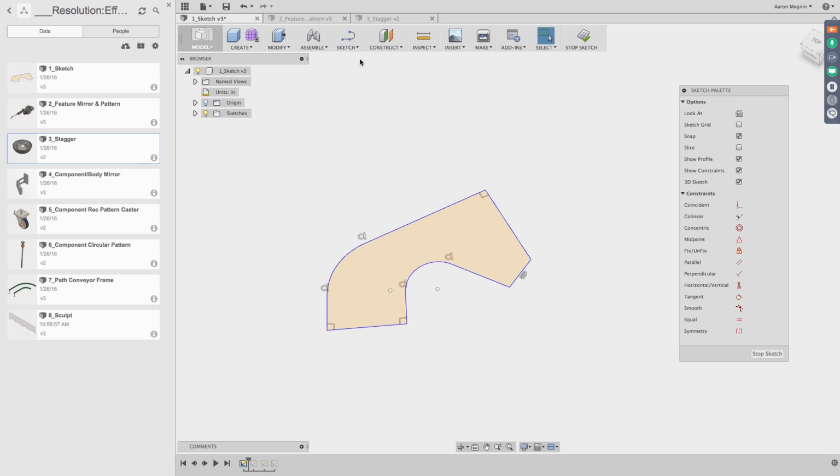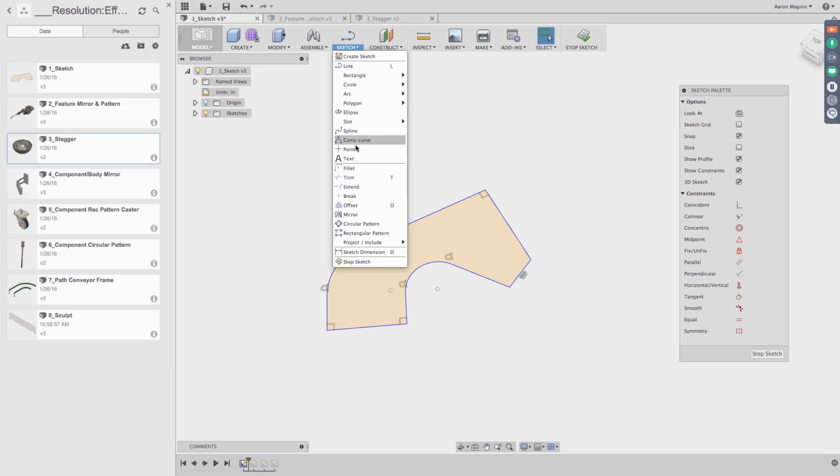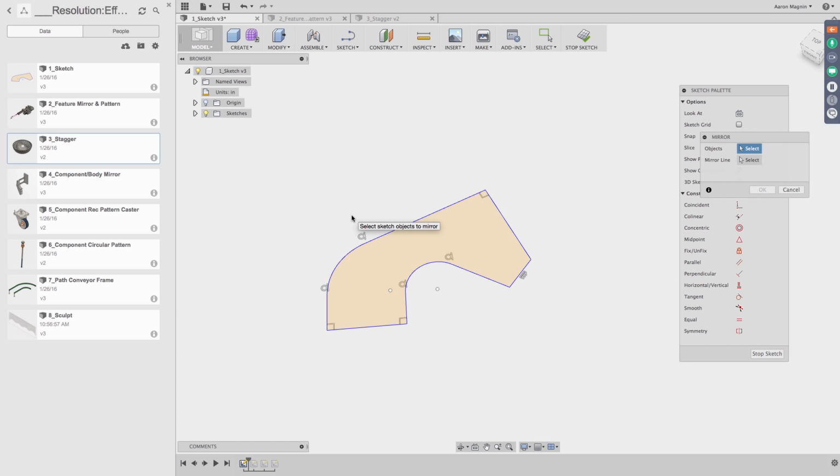So I'm going to just use the drop down under sketch and find that first one here that I forgot to circle in my slide, but this mirror right here is going to enable you to mirror your sketched entities. And so I just want to show you how to go about doing these things. A lot of this is just showing you where to find these tools and how to use them in your design. So I'm going to go ahead and click mirror here, and you'll see it pops up this dialog here,